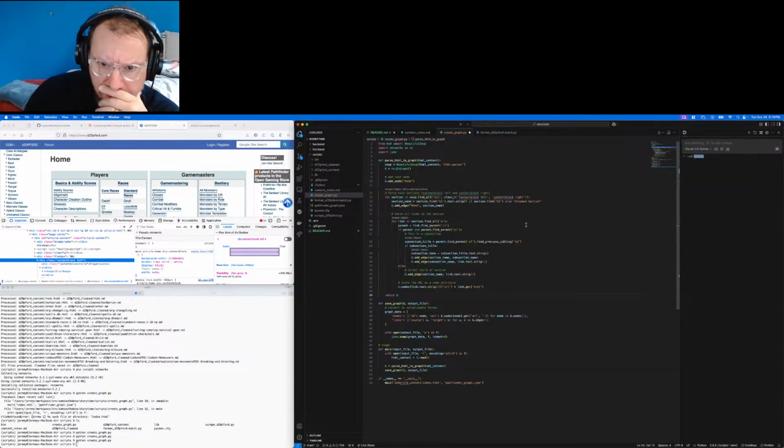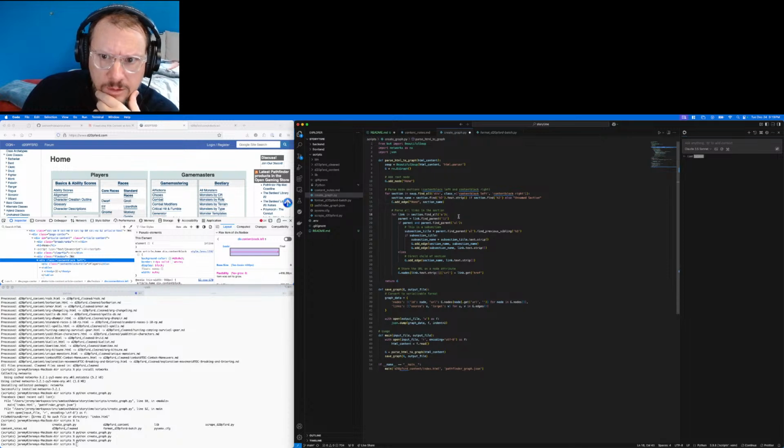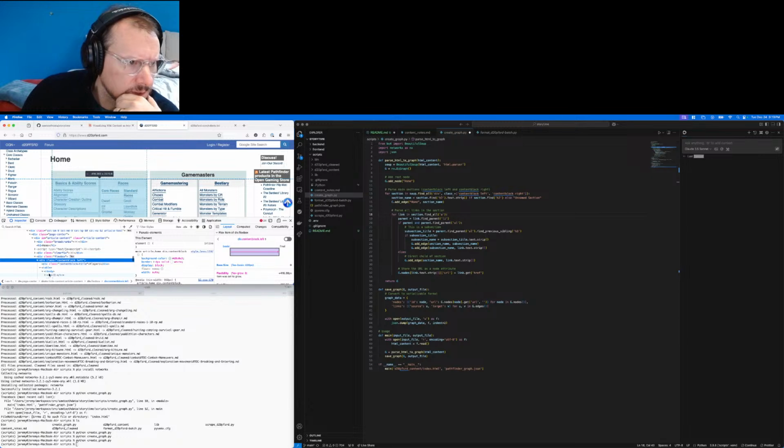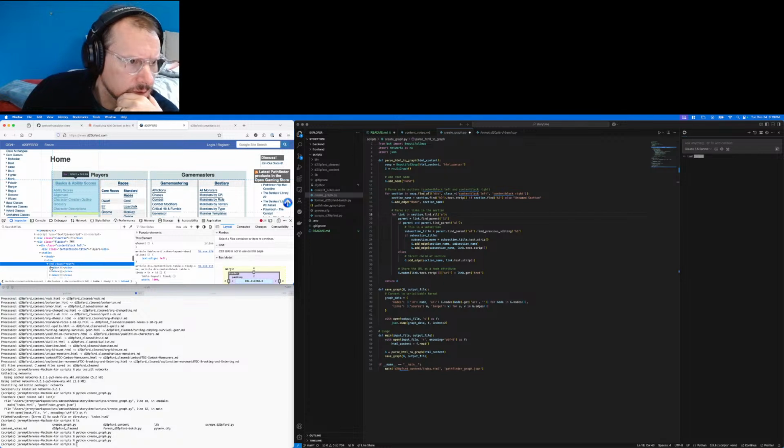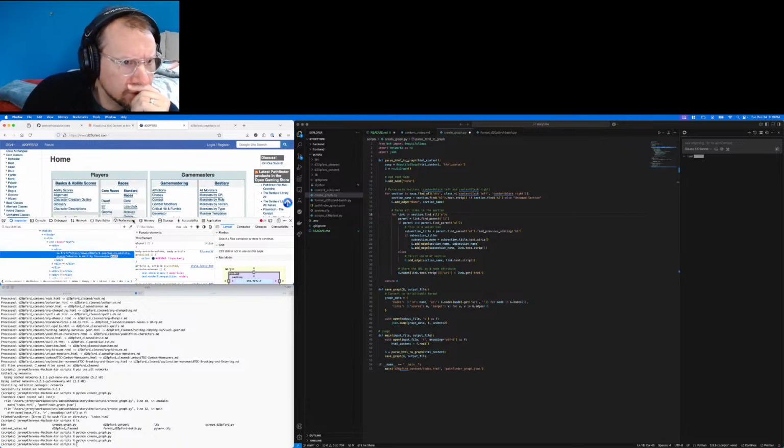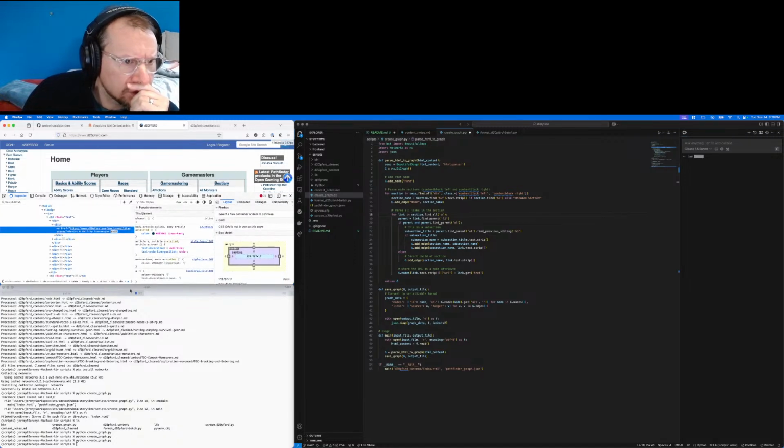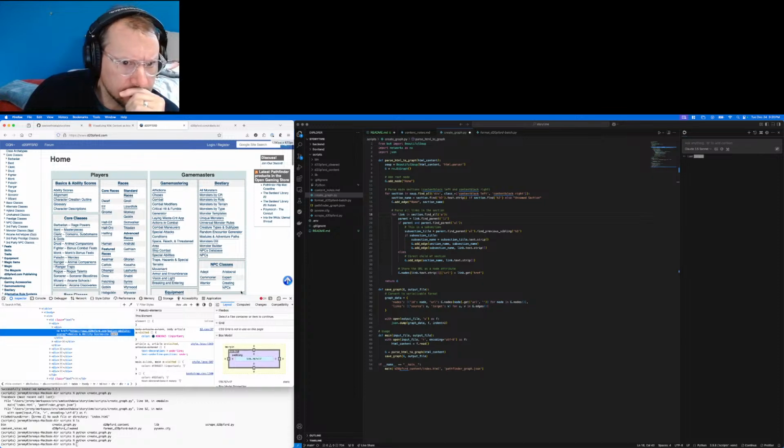Let's see what we got here. No, they're not LIs and ULs. It's a table. T body. Yeah. So I should do